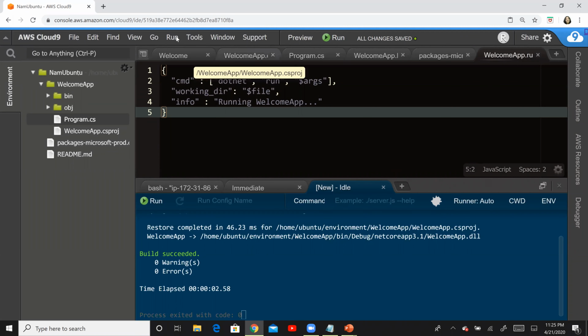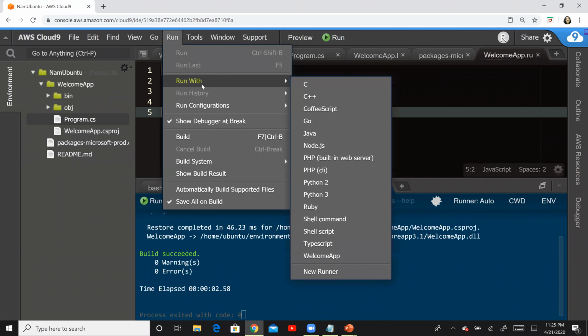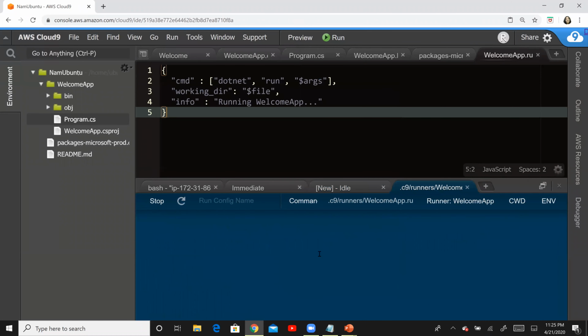Okay, so finally our runner has been saved. So it should be run with, and then you can say welcome app, right? So we should say over here in commands, welcome app, and then I'm gonna say my name, okay, and